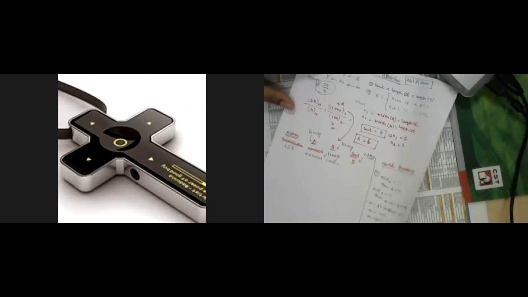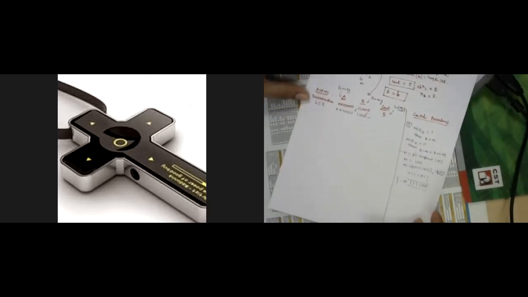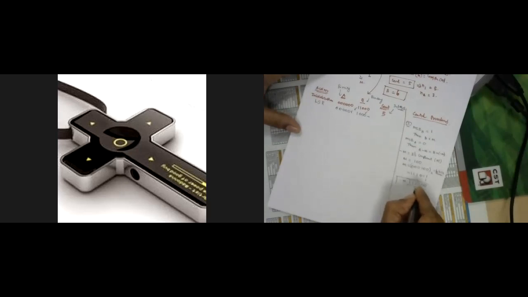Then the 1's complement of this M value now is 1, 1, 1, 0, 1, 1. Then to take the 2's complement, you just add 1 here: 1, 1, 1, 0, 1, 1 plus 1. I'm repeating: 1 plus 1, 0, 1 plus 1, 0. That 1 will come, so 1, 1, 1. This is nothing but our minus M now. So this is the minus M.